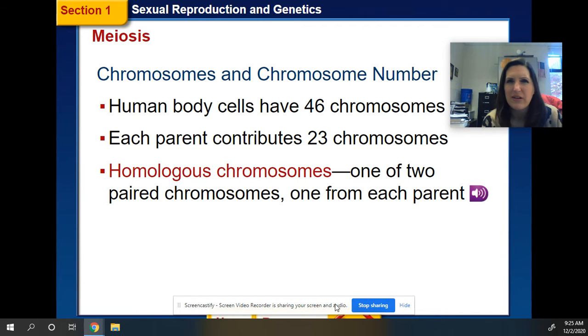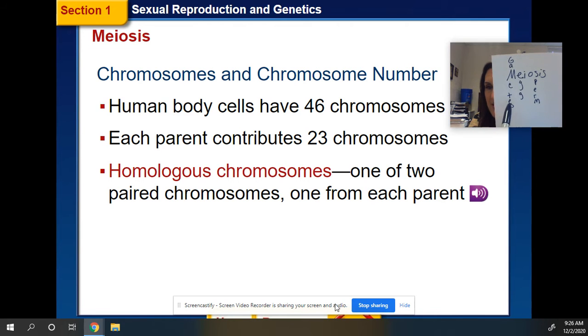So this gives us some different things that we have to do. We oftentimes think about meiosis, and I'll say to think about it as gametes. And I always say gametes meet. That's egg and sperm. So if you think about meiosis like this, it makes you think, oh yeah, that's what we're talking about. And even if you wrote